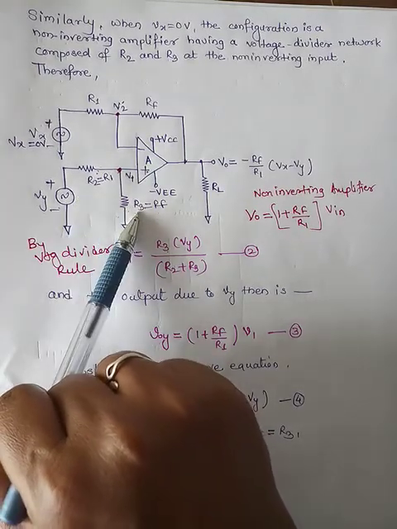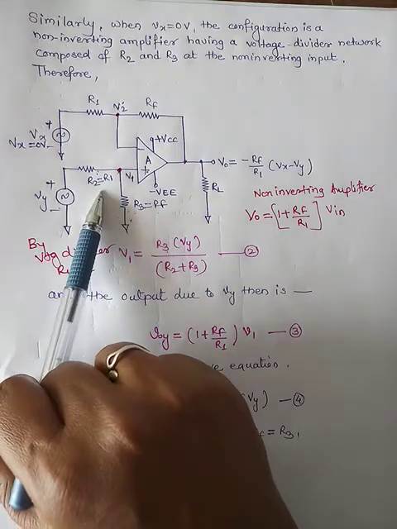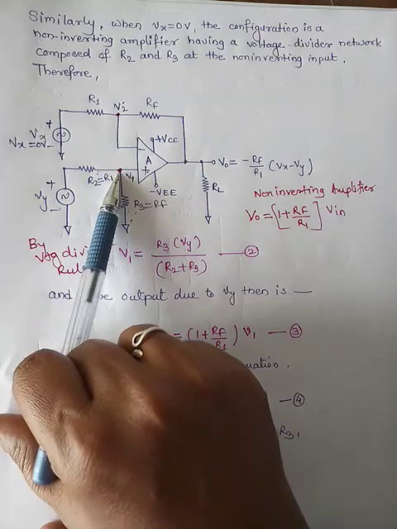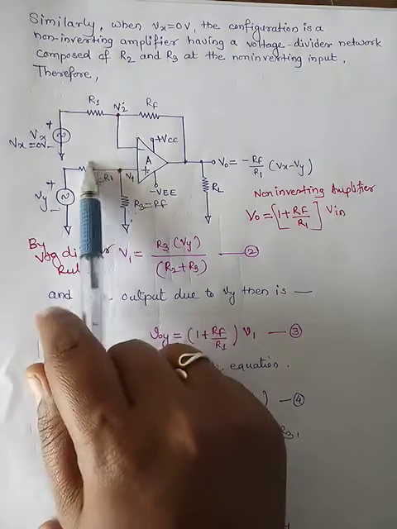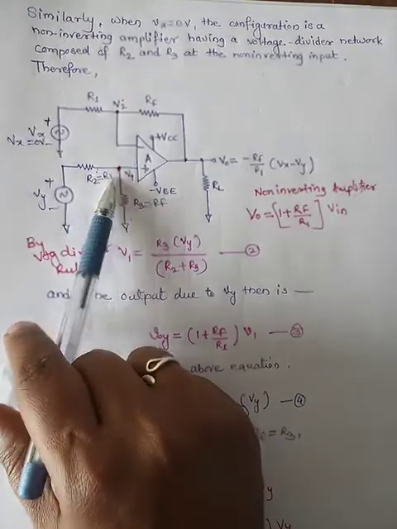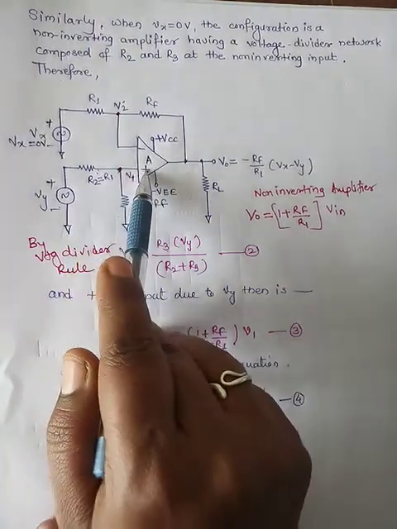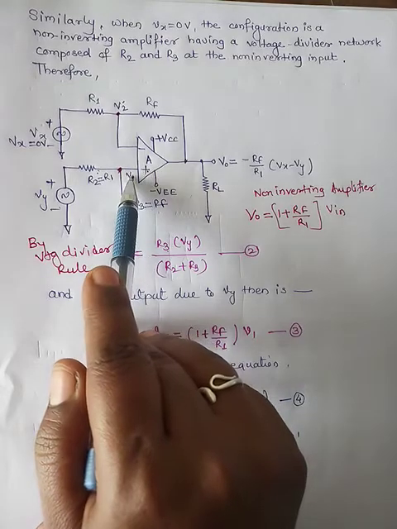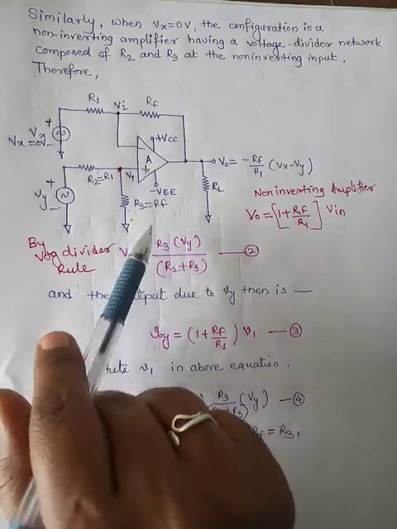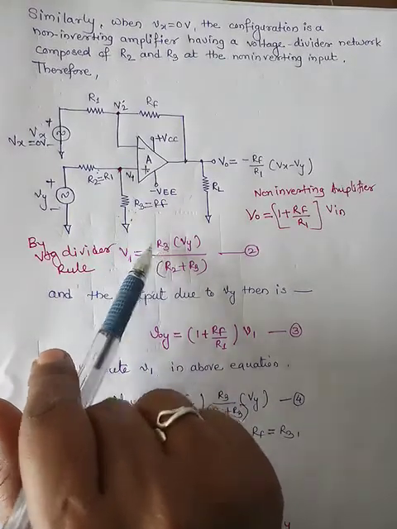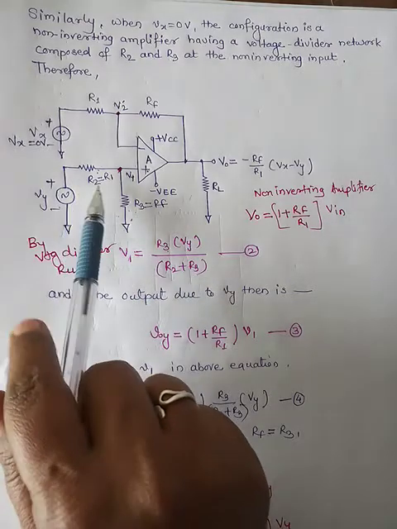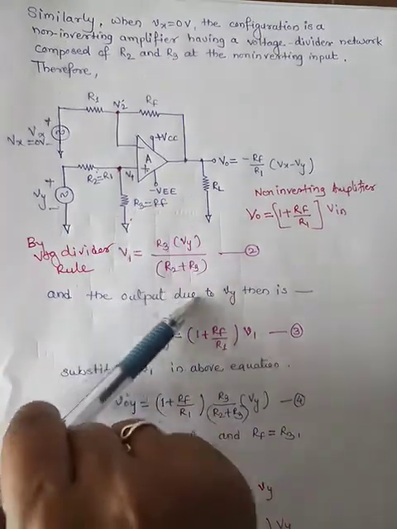So R2 and R3 compose a voltage divider network, and because of this there is voltage generated across R3, that is V1 voltage. We can find V1 by the voltage divider rule. First, find the input to the non-inverting input terminal, that is V1. By voltage divider rule, V1 is equal to the voltage across R3, so R3 divided by the total resistance of the voltage divider network, R2 plus R3, into the input to this network